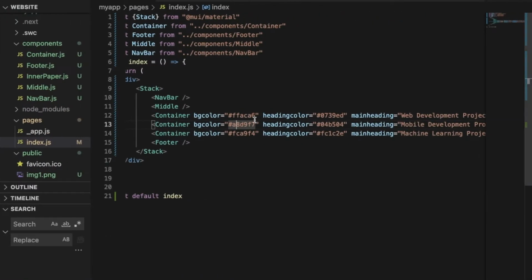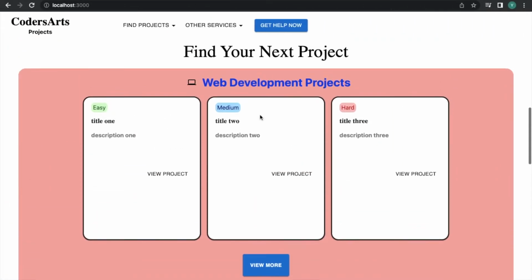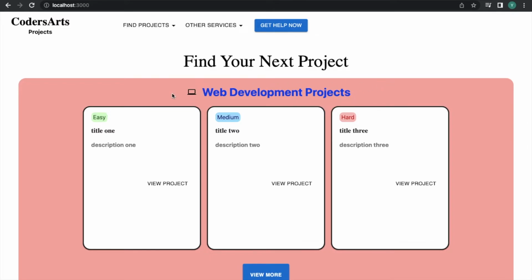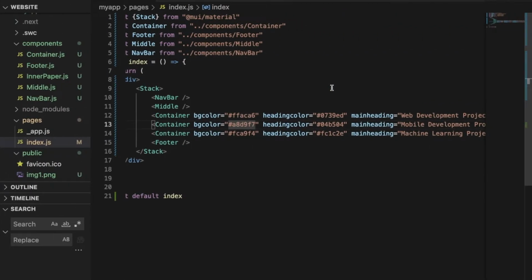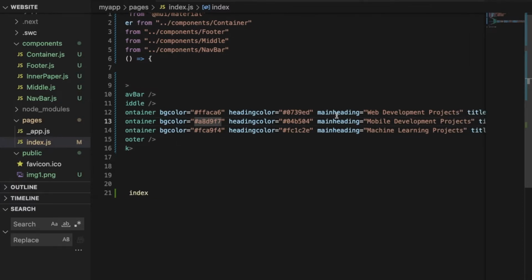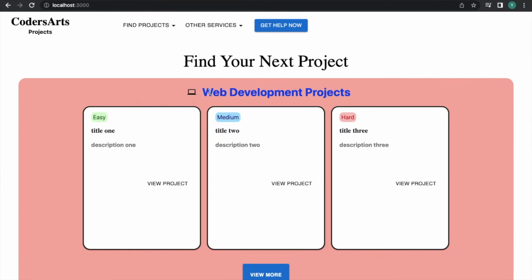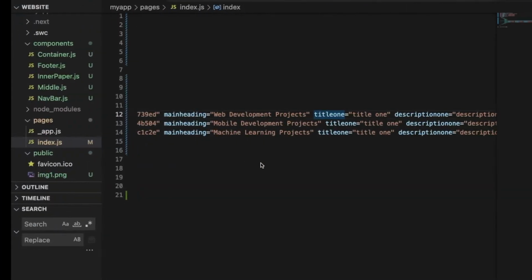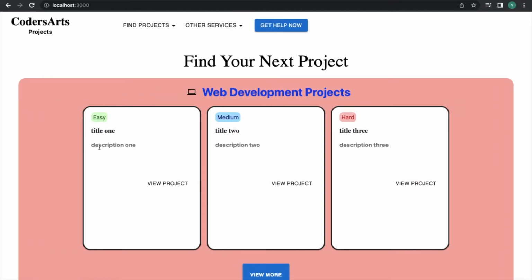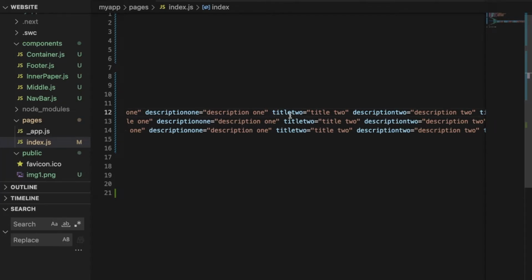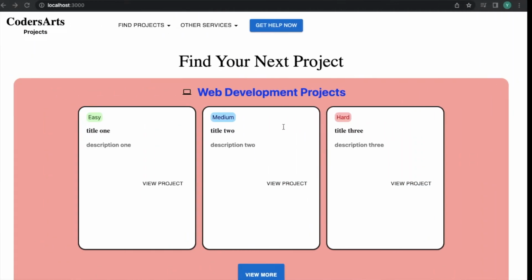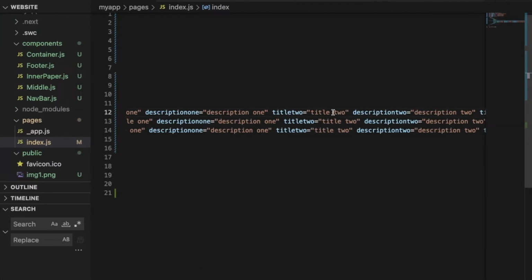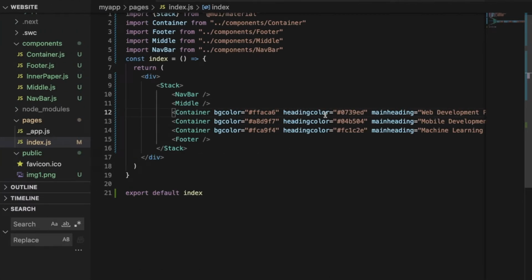Okay, then we'll say heading color, which would specify the color of this h tag, heading tag. And then we'll say main heading, which would be this. Then title 1 would be for this, description 1 would be for this, and same for these, title 2, description 2, title 2, description 2. Okay, so you can choose the text whatever you want, and we'll save and we'll see what appears on our